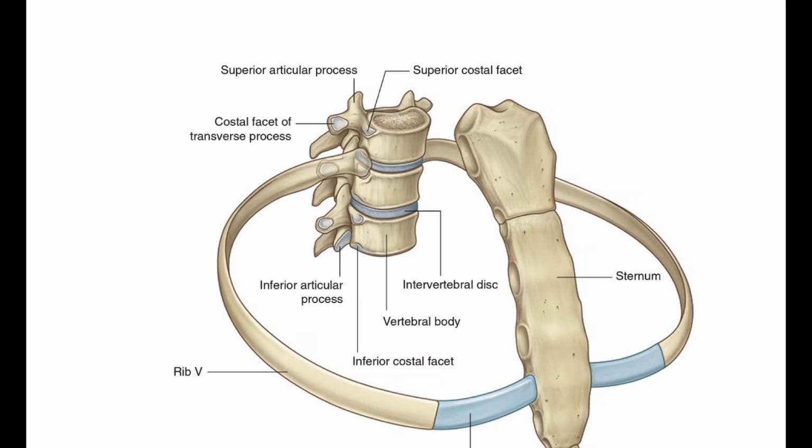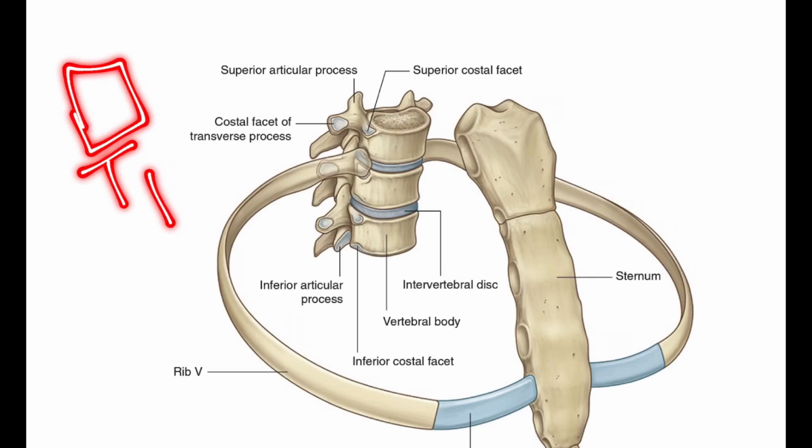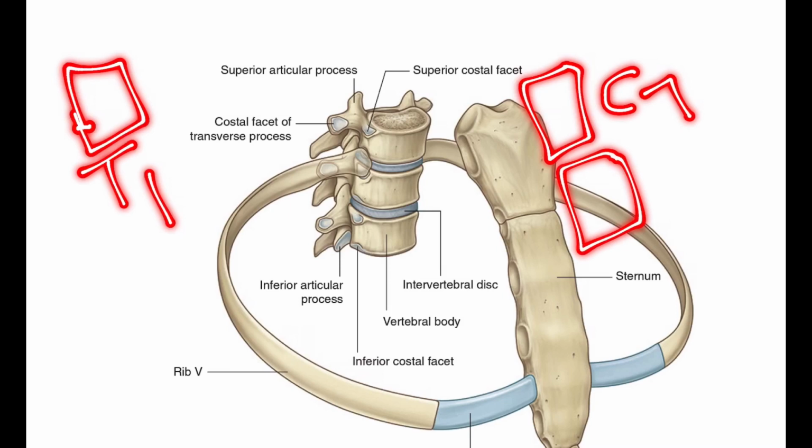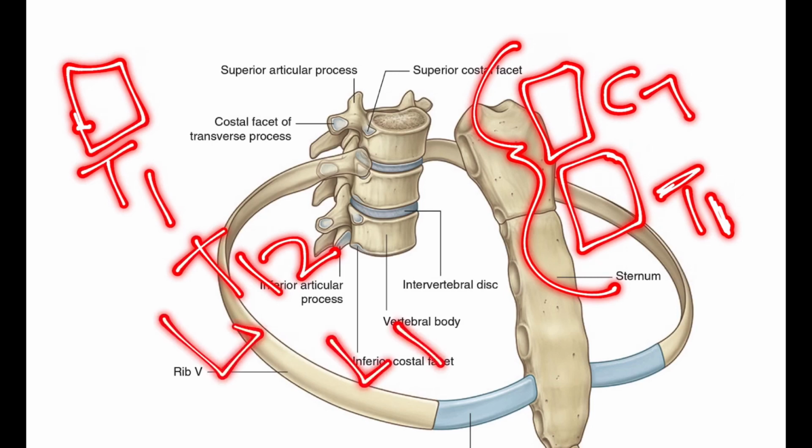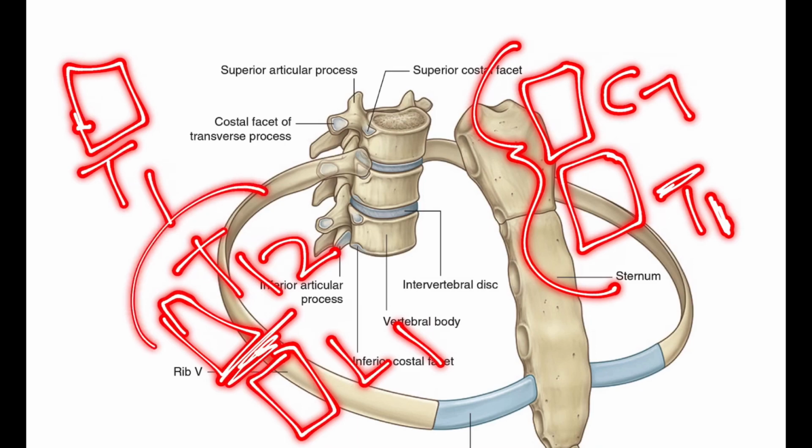So next, the body of the upper thoracic vertebra, that means T1. The body of the upper thoracic vertebra, T1, gradually changes from cervical to thoracic type. Because C7 vertebra and T1 are located adjacent to each other, they look very similar. The same goes for T12 and lumbar 1. They are located adjacent to each other, so they look similar.